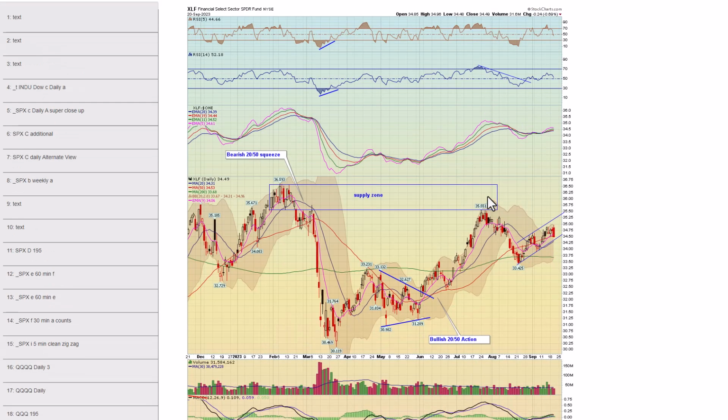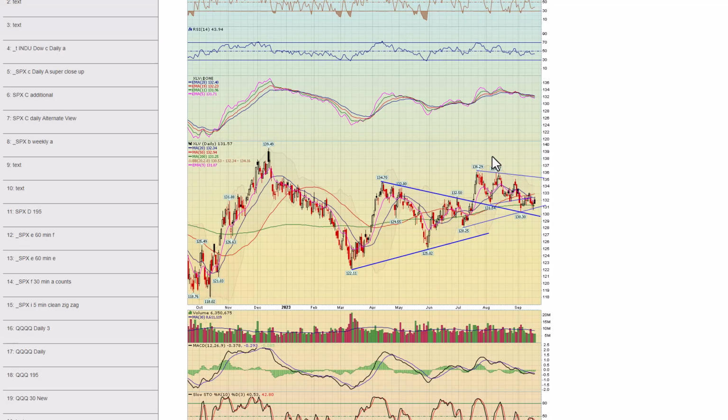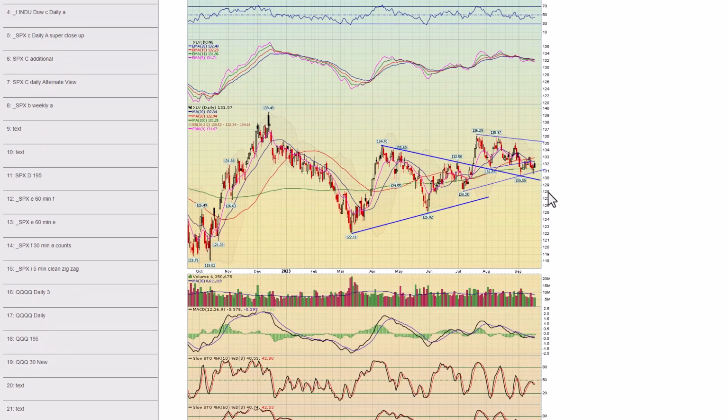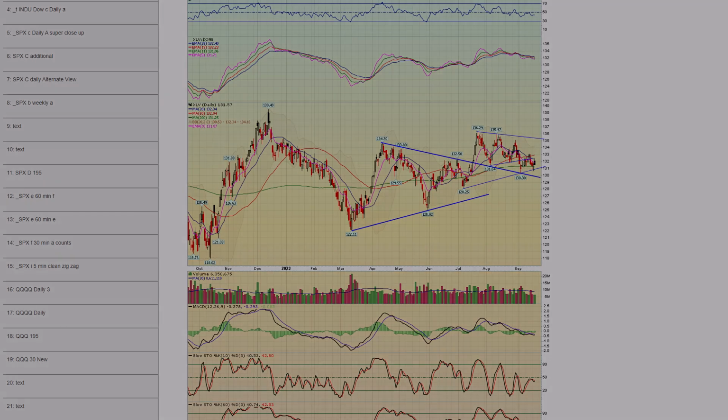Next, chart 42, XLF Financials. Ugly candle here. It's still in this little pattern, but if it breaks, this could be something like a wave B and you go down in a C. Next, chart 43, XLV Healthcare. Still hanging on to this little trend line support for now.